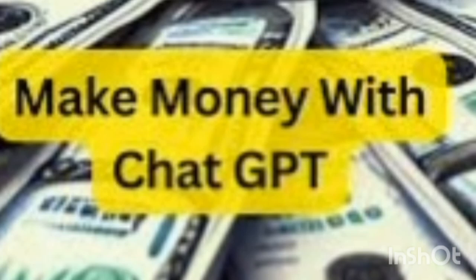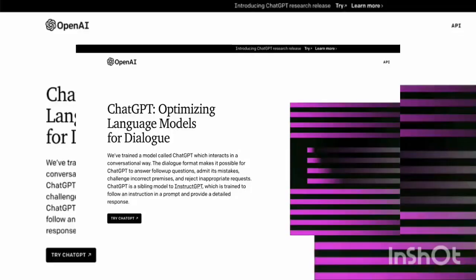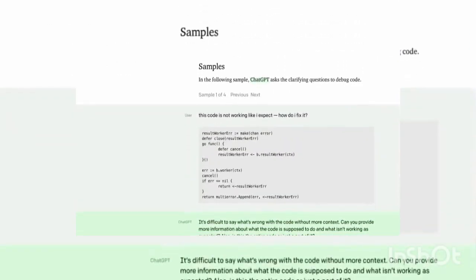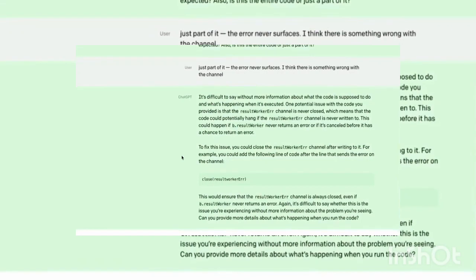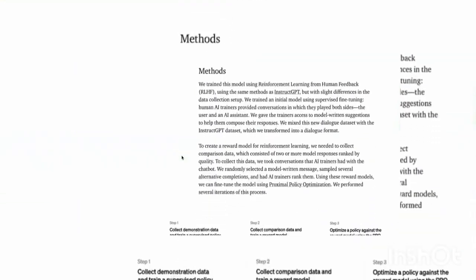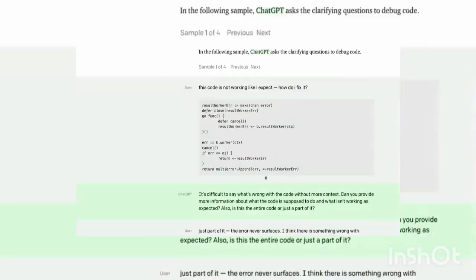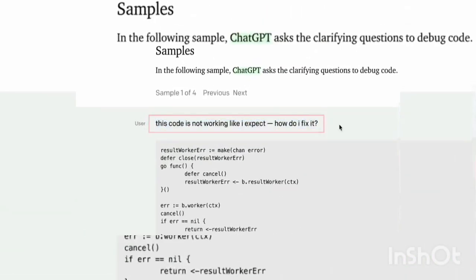All right guys, so this is the homepage for ChatGPT and you can completely do this using your phone. It doesn't matter. Now, we're not going to go into every single thing that this thing can do because it is actually very complex. So instead, what I'm going to do is show you the most basic way that you can do this even as a beginner to make money online. And this is an insane AI bot that people have recently been using for many things. For example, if you scroll to the top here, people have been using it to fix code and a lot of other stuff.